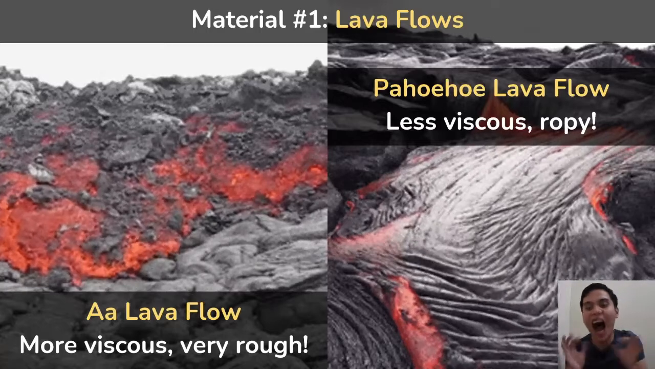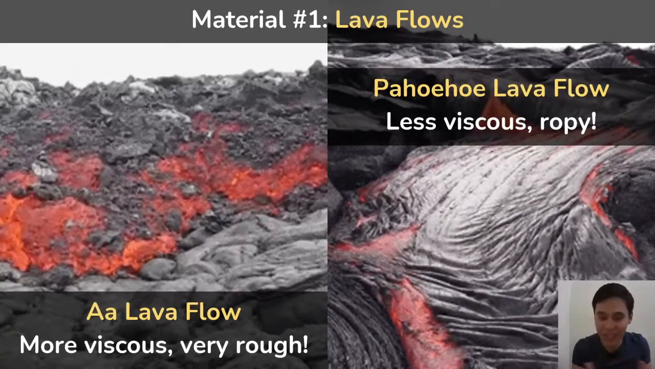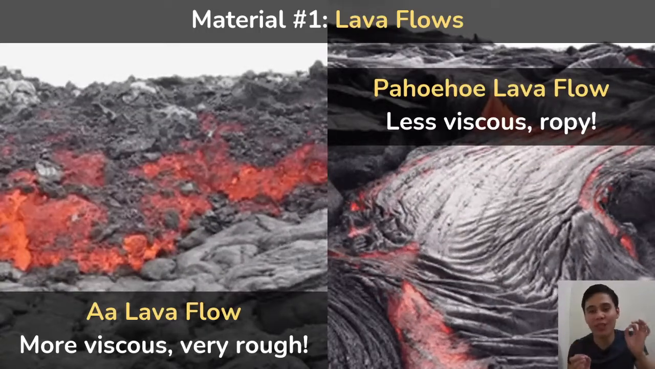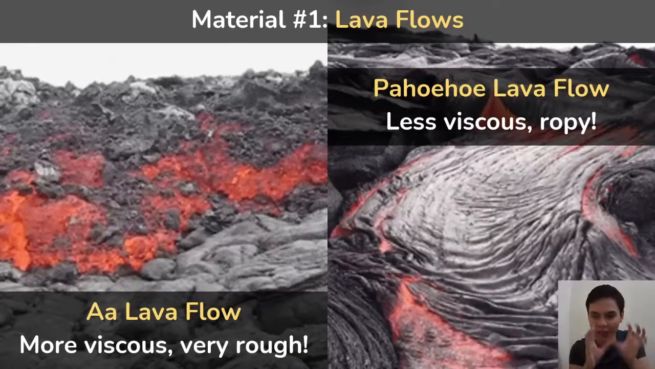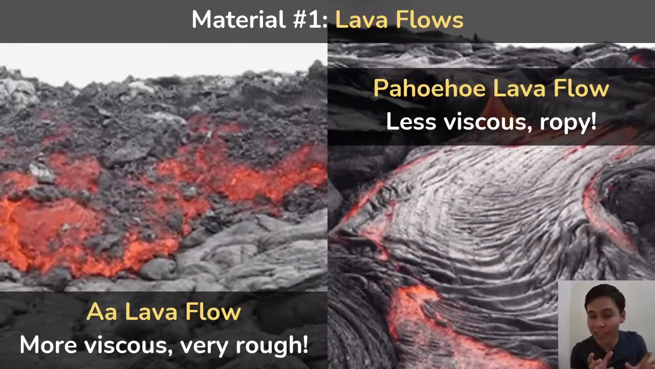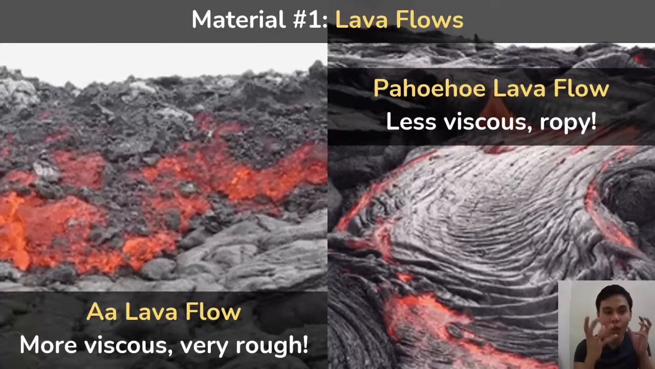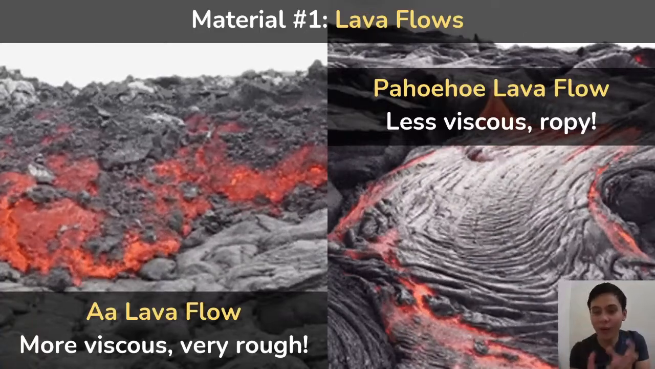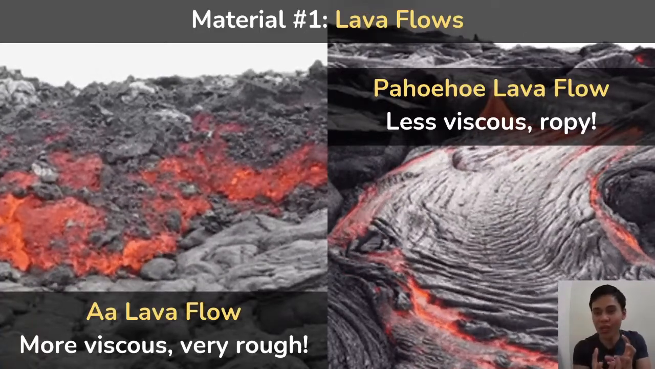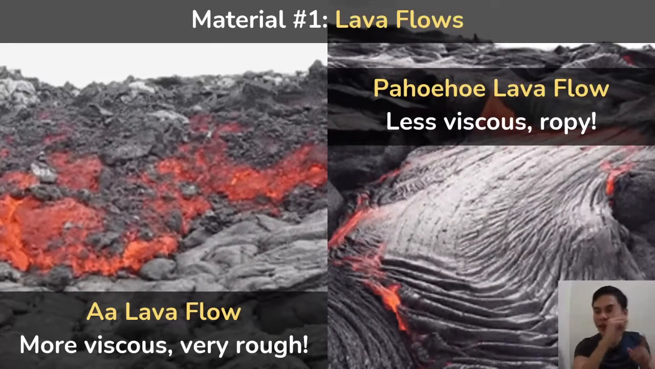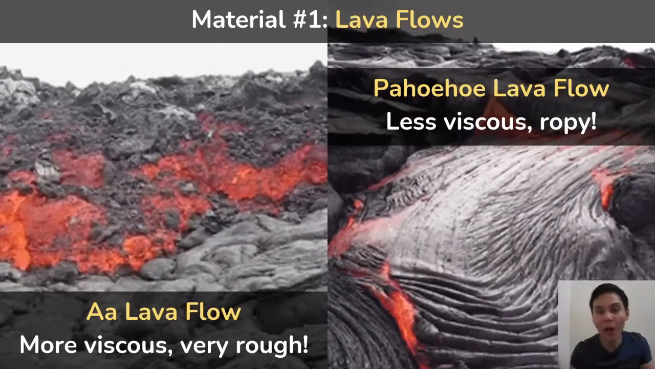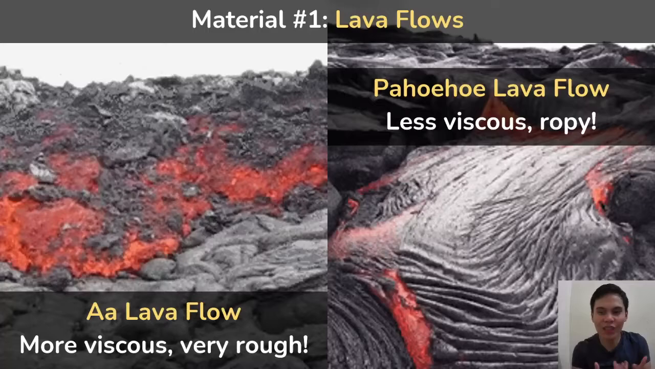There's the lava flow, which is more viscous. So when your magma is very viscous, it creates a very rough, slow-flowing lava. The reason why it's rough looking is because it's starting to solidify or crystallize as it moves, creating jagged edges. On the other hand, this other type of lava flow, pronounced pahoehoe, is less viscous and looks ropey